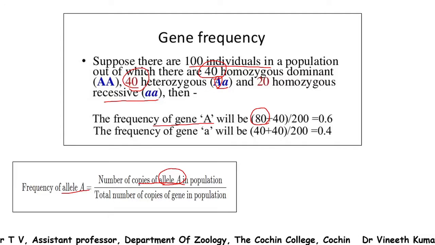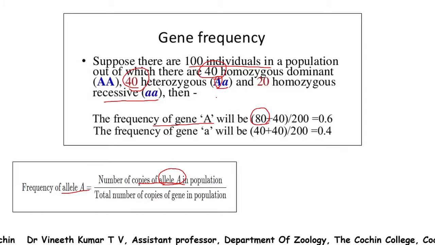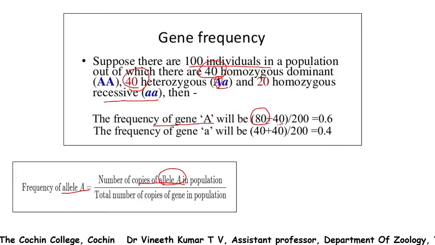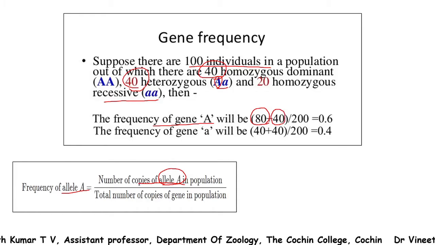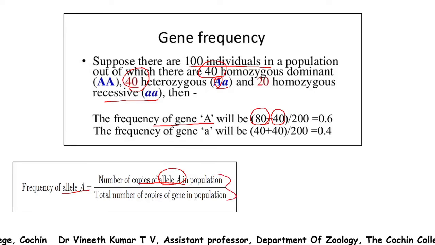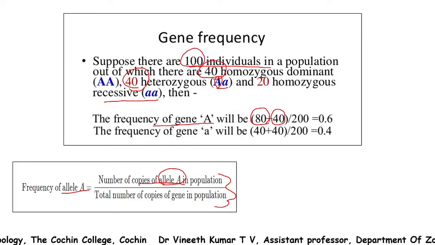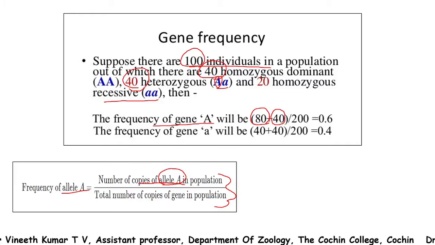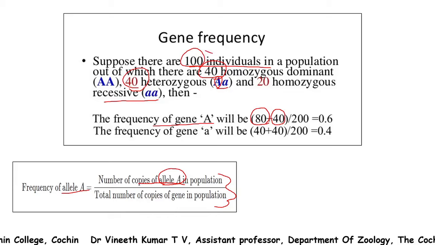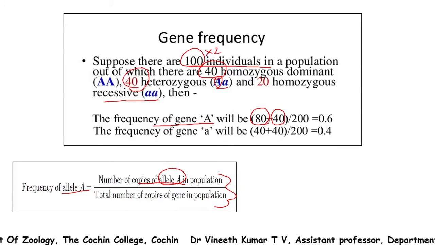And here in heterozygous, you have 40 individuals, but only half is capital A, the other half is small a. As a result, the number of capital A in 40 individuals will be 40 itself. So if you substitute here, 100 individuals, each individual is having two copies because it is a diploid individual. Each individual will have two copies of that particular gene. As a result, the total number of copies will be 100 into 2, which is 200, because each individual